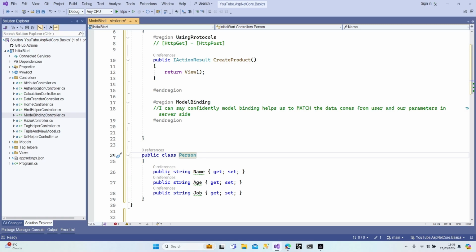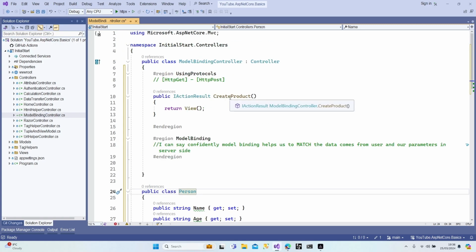We're going to use them, and I'm going to create a view while I'm teaching the model binding. That's all my preparation, and now I'm going to show you first the protocols before model binding, because I need to explain how we use protocols while we're trying to bind models from our view to our